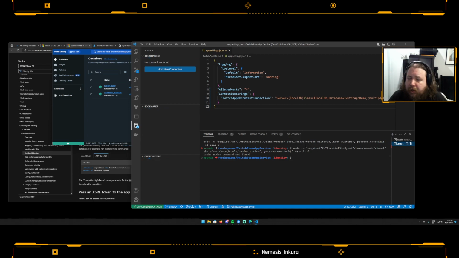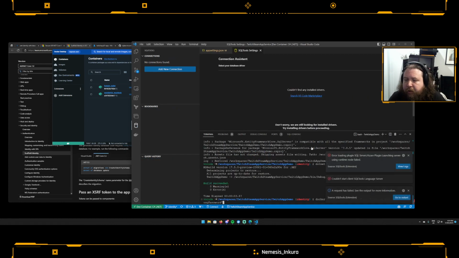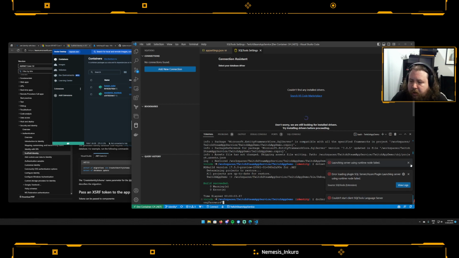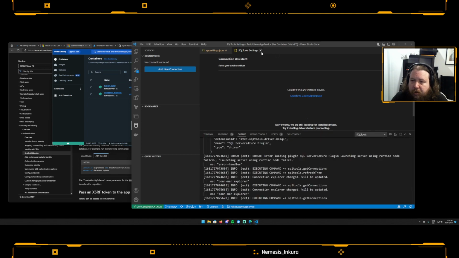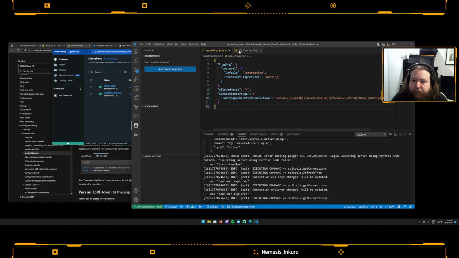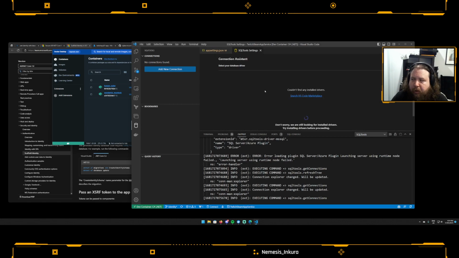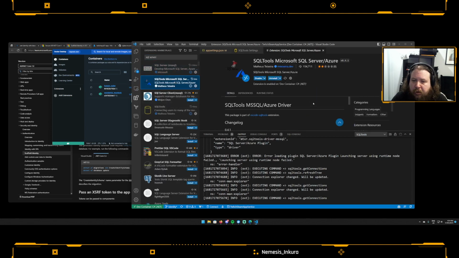I don't know why it needed... Apparently, it needed a node. So, don't think we want to do that. Want some drivers. So this may not work, so it may actually have required node, which